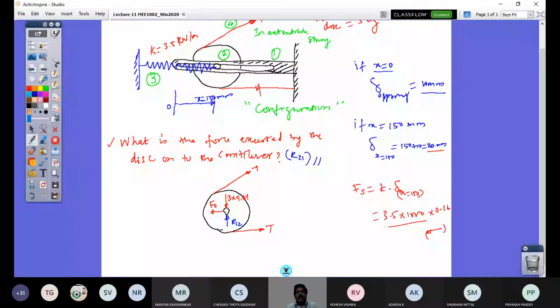If you do not have any other doubts, how do you proceed now with solving? So how many unknowns are there in this diagram? I have to find out this tension. I have to find out R12. So only two unknowns are there in this free body diagram. Is it not?